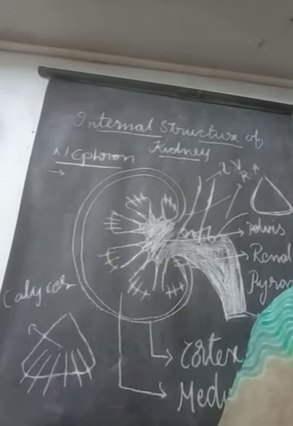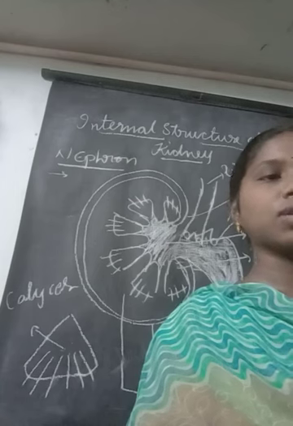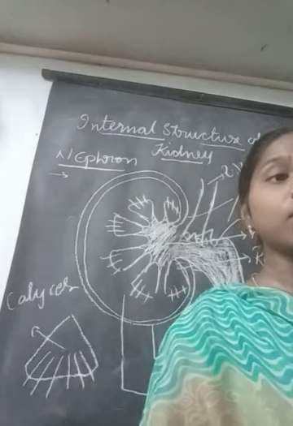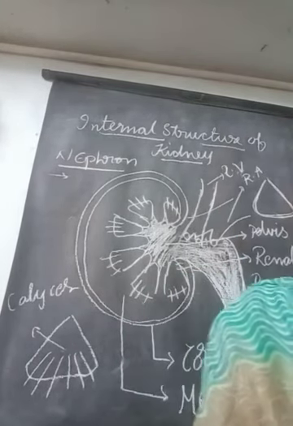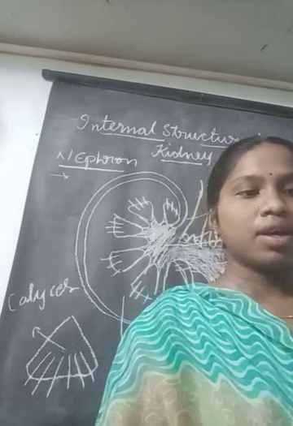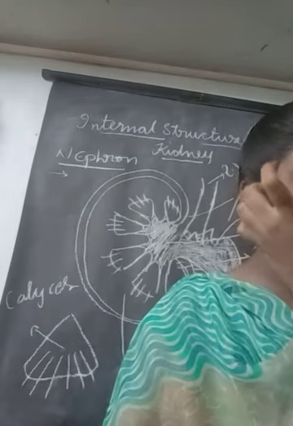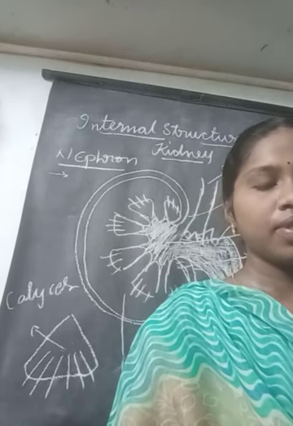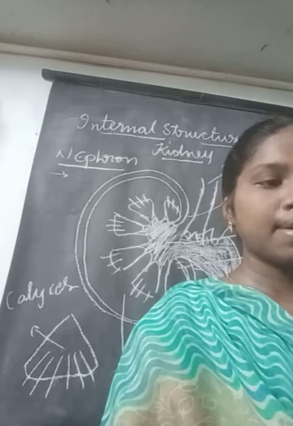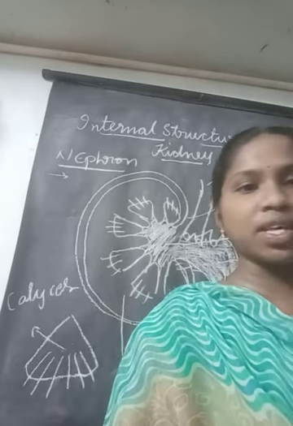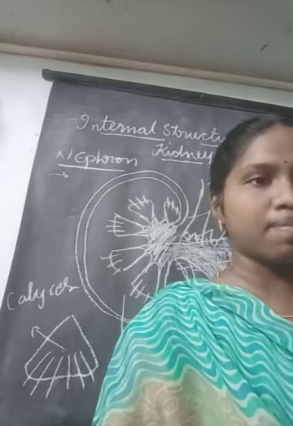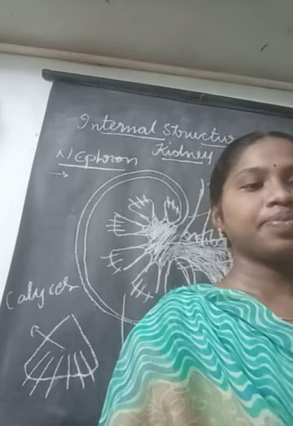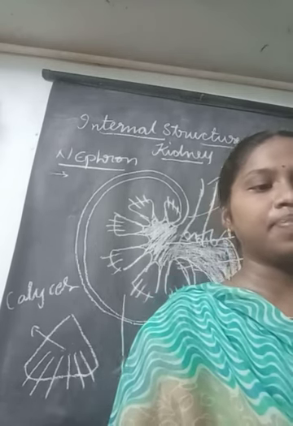So what is the basic structural and the functional unit of kidney? Nephron. Now listen to my question carefully. Is it microscopic? Can we see it with the naked eye? No, teacher, we cannot see it with our naked eye. For seeing a nephron, we need a microscope. Only through the microscope can we see the nephron. We can't see with our naked eye.